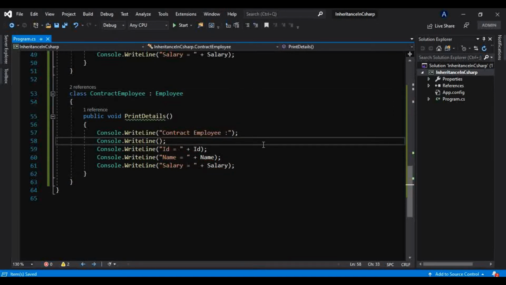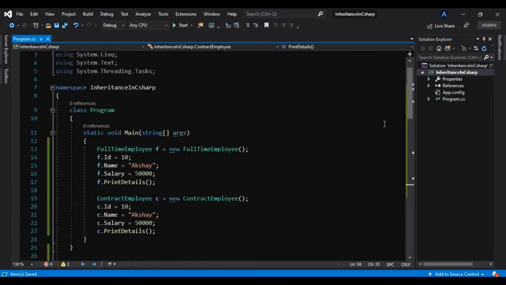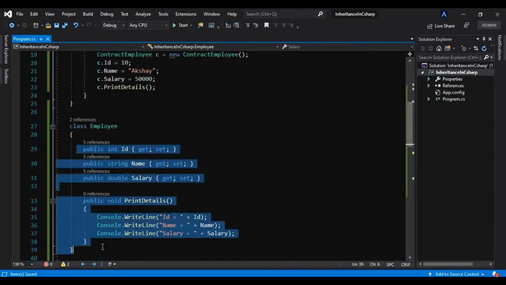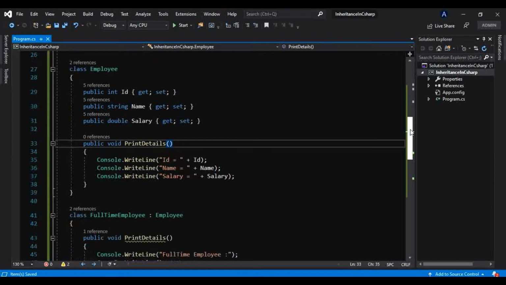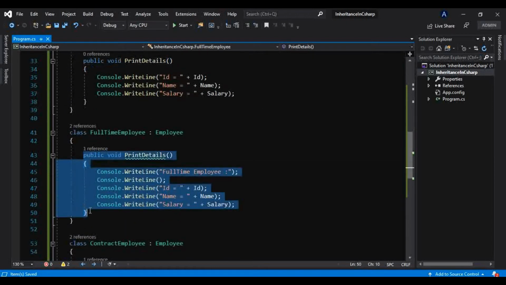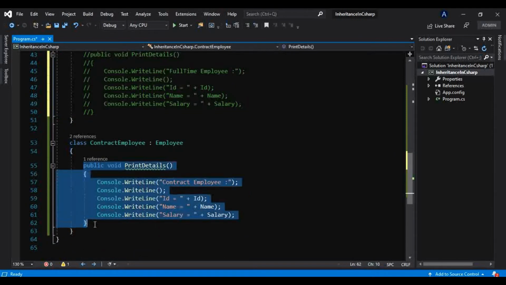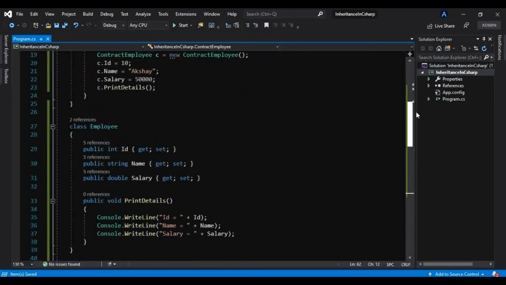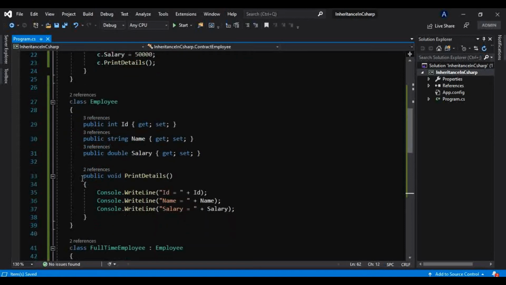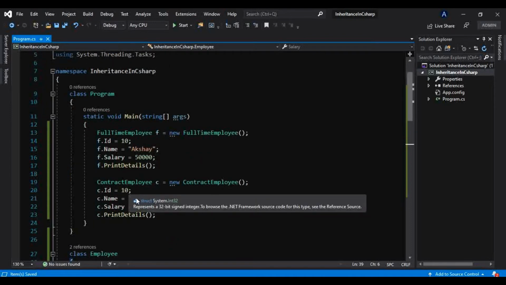Okay, so that's how we have removed the code which was duplicated in both these classes, and we have put that into one common class here in Employee, and that's how we have removed the redundancy of code. So again, there is no need to take these two methods here as well. If I comment this, like this, then also it will work, because we have put that method as well in this common class, that is base class. So now if I run this program, it should still work.